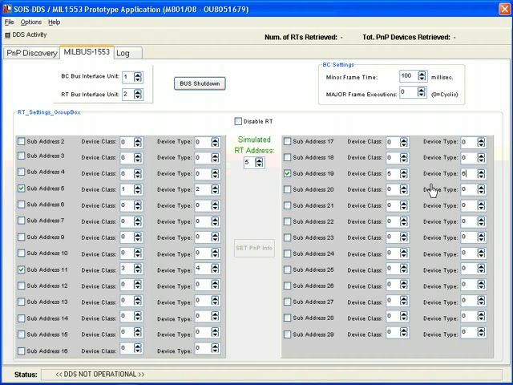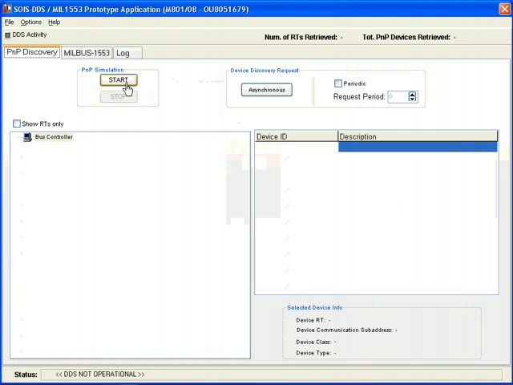Okay, now I'm ready to start the device discovery service on the MIL-BUS 1553. Before starting, I will put the minor frame time to 1 second, so we are able to better see the polling process from the log, and I start now the device discovery service,